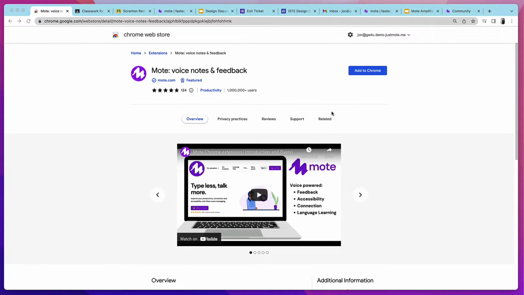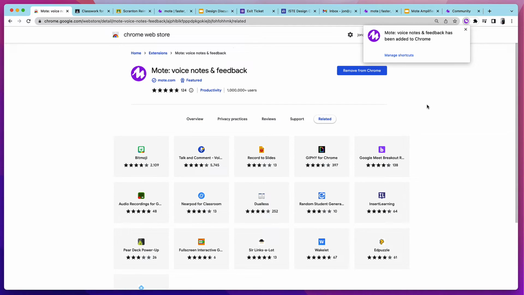So I've headed over to the Chrome Web Store and I've found Mote, and I'd like to join these 1 million plus users that have all boarded the Mote boat. So very simple for me to do. I just go to Add to Chrome, give the required permissions, and then you'll see now Mote has been added